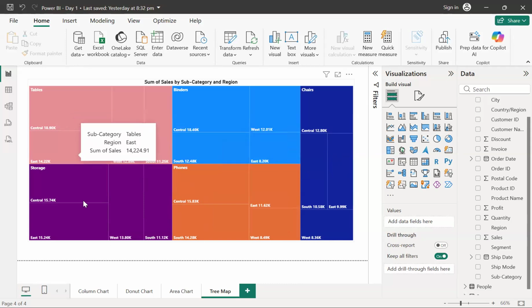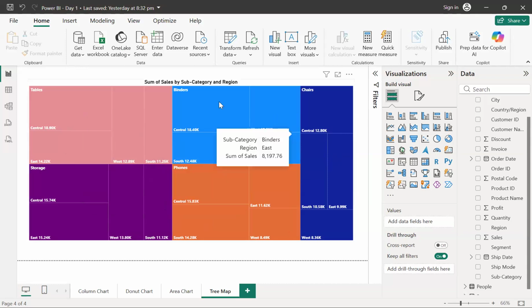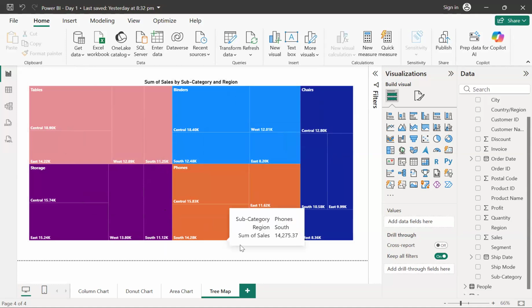Because for the other two subcategories, the least sales are actually coming from the south region, but for the binders, the least sales are coming from the east region. Okay, so similarly, guys, you will get this interesting information over here. You can see the same thing with the phones.